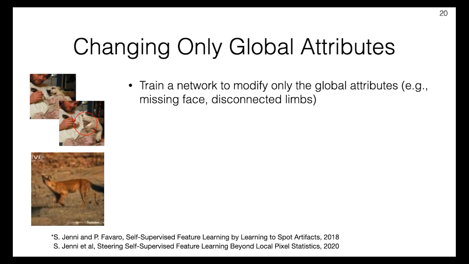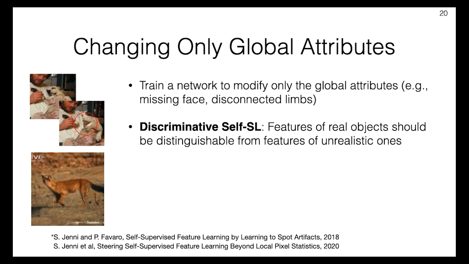An example where the focus on global attributes is more explicit is provided by these two works by Yuki et al. The general idea in these works is to build a model that can modify only the global attributes of images, so that we can train a network to learn to discriminate global attributes. In other words, we would like to change the statistics of large sets of pixels while leaving the statistics of local sets unchanged. One way to do that is to remove a small region of pixels and then to reconstruct